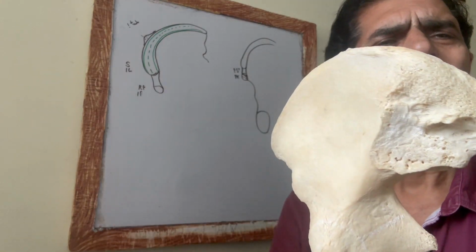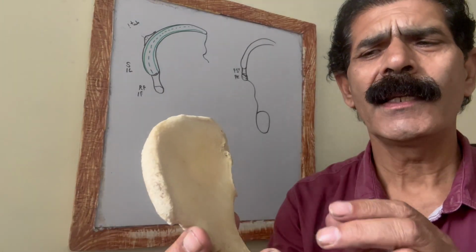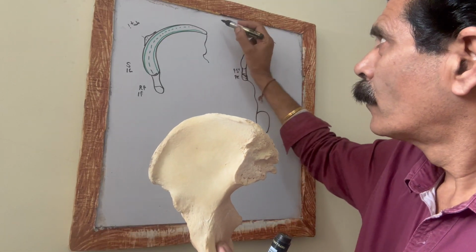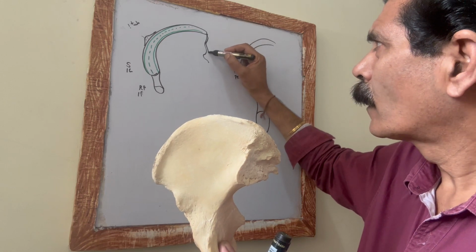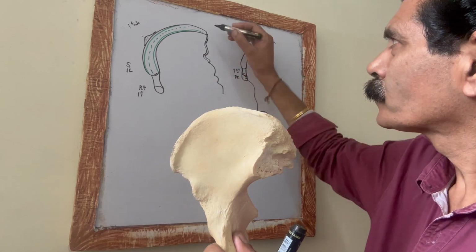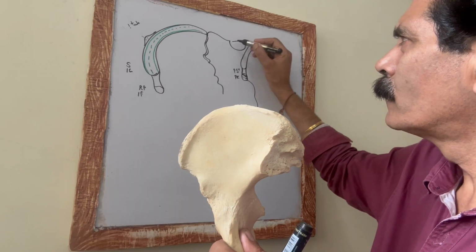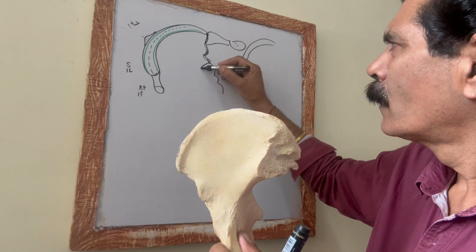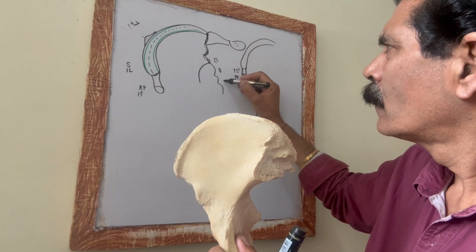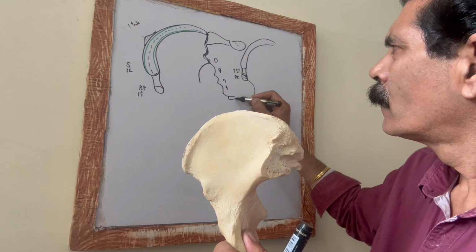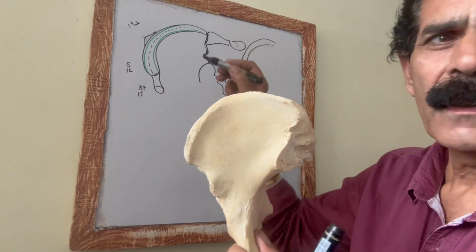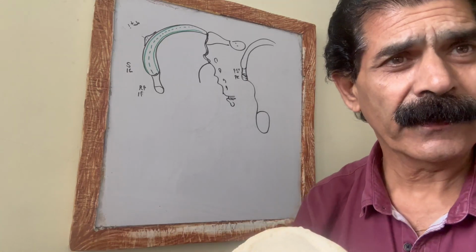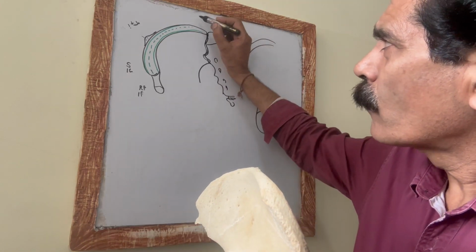So the sacroiliac joint is formed here, and in front of the sacroiliac joint, remember, four structures are present. If you see the ala of the sacrum, this is the sacroiliac joint. And remember, the front side of the sacroiliac joint is related to four things. And there is a formula to remember: OILS.